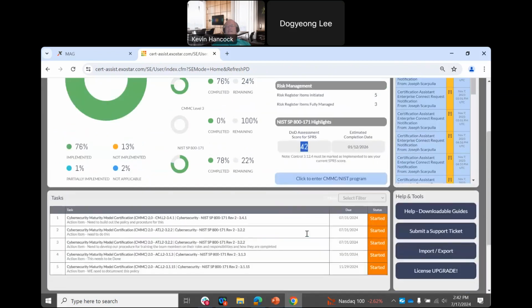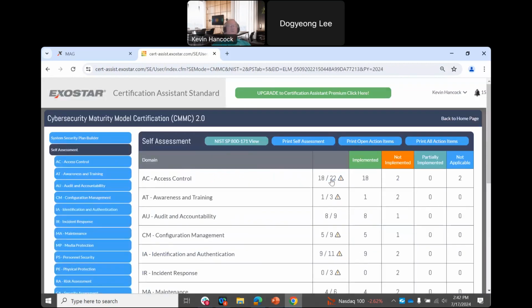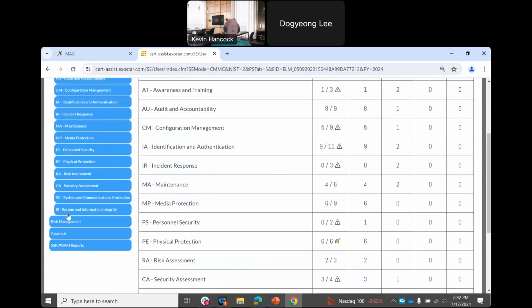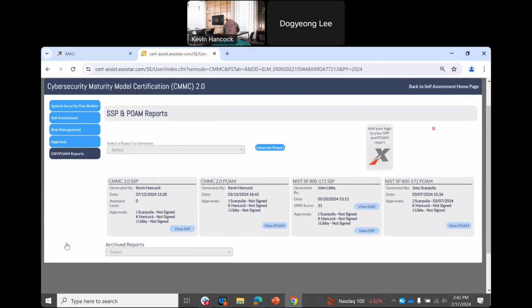When did I last update, etc. And as I go through each of those different controls, I can also get the approval done of my overall plan. And I can generate that system security plan for my organization at any time. So this is that process to manage that overall CMMC program, generate that SPRS score for you, and